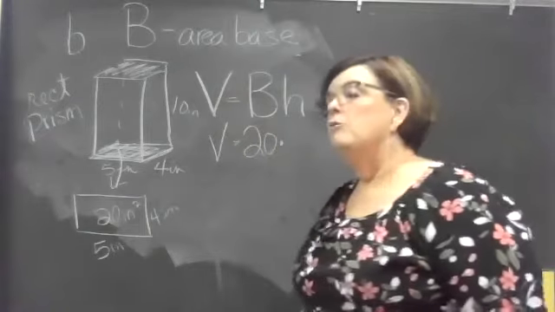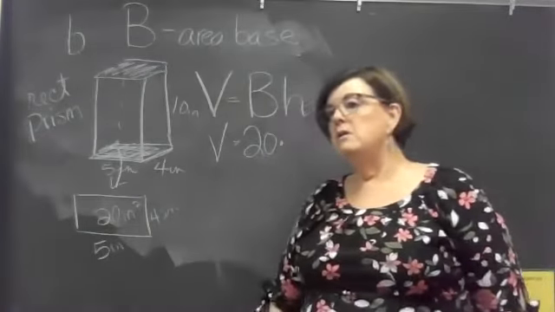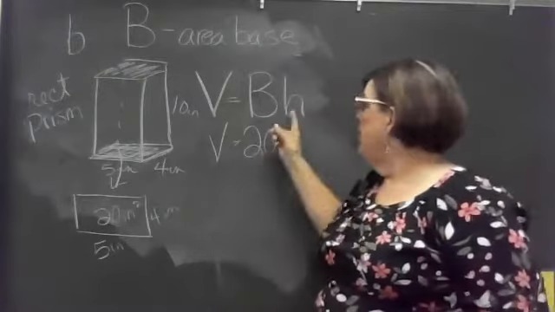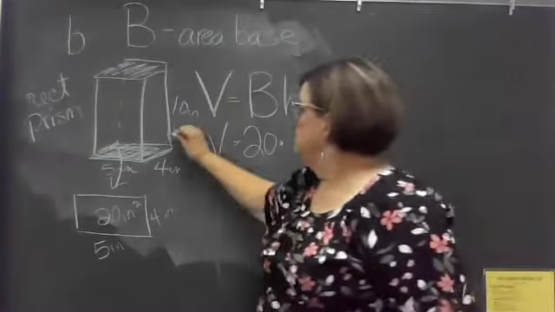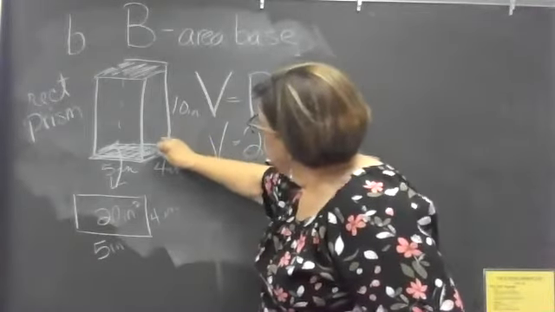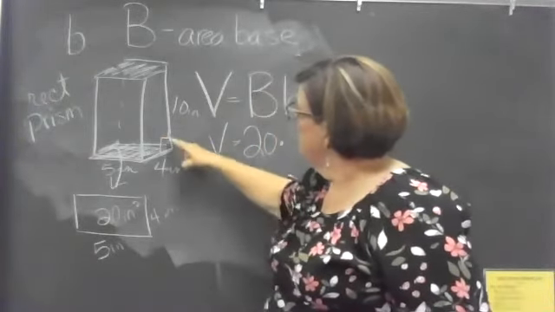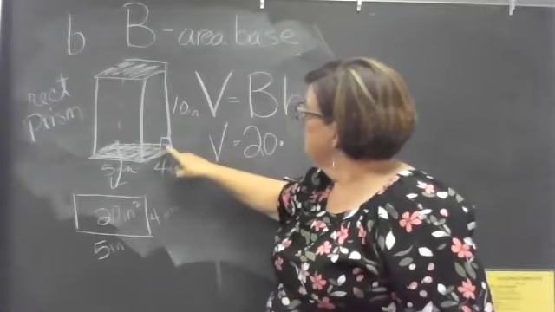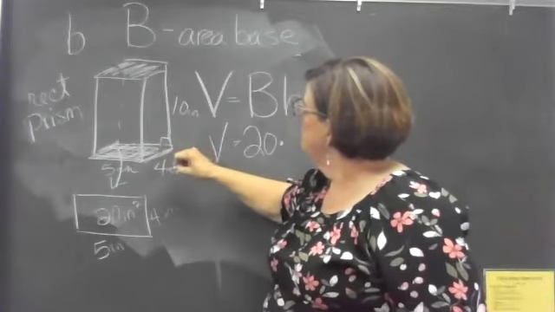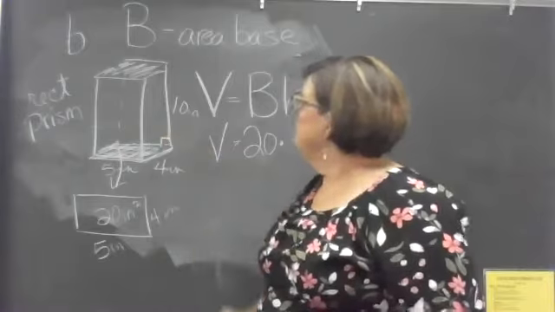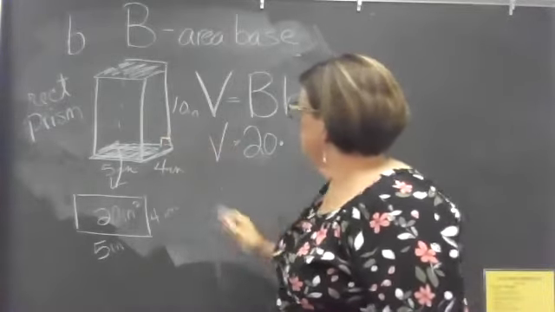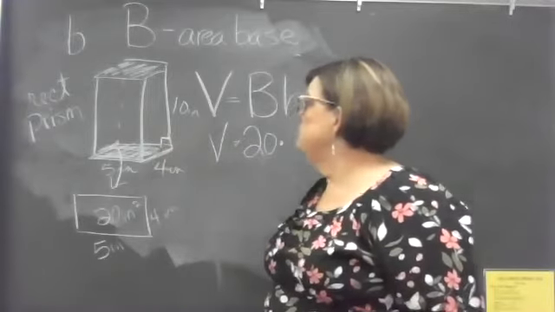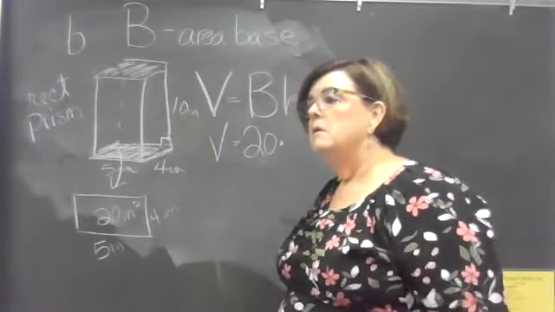times, and a reminder that the height in any of our pictures, the height has to be perpendicular to the base. Perpendicular means 90 degrees, okay? It's going to have to be perpendicular. Perpendicular to the base. It can't be slanted out this way. It has to be perpendicular to the base. And so the height in this case is 10